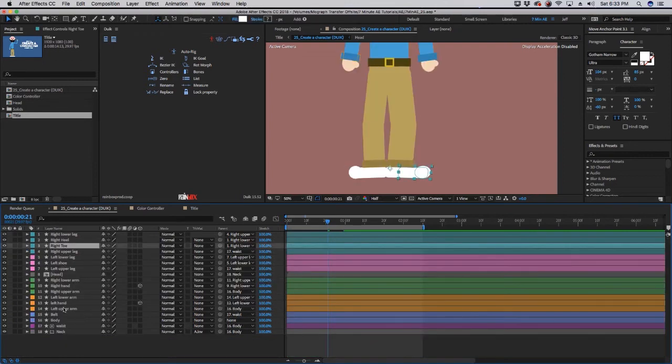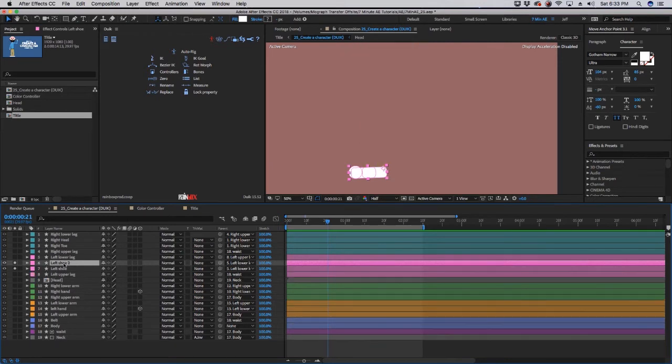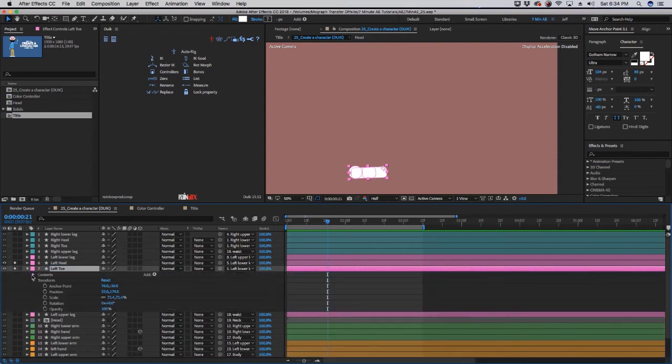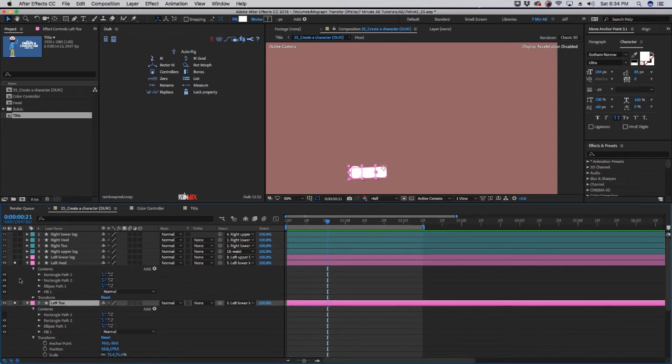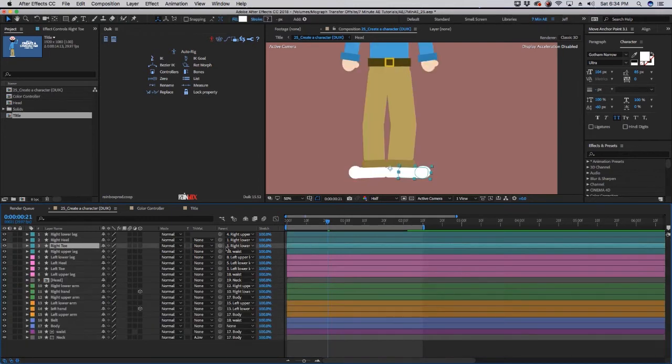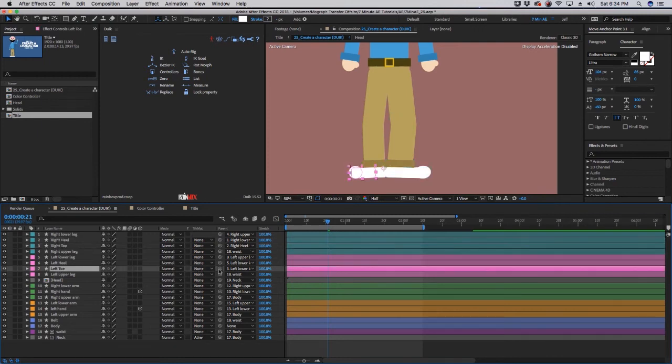Do the same thing for our other leg. So let's solo left shoe, duplicate it. Call this top one left heel, and the one underneath it left toe. And for our toe layer, we're going to get rid of that first rectangle. And for our left heel, we're going to keep only the rectangle. The right toe needs to be parented to the right heel. The right heel is already parented to the lower leg, and same thing for the left toe, parent that to